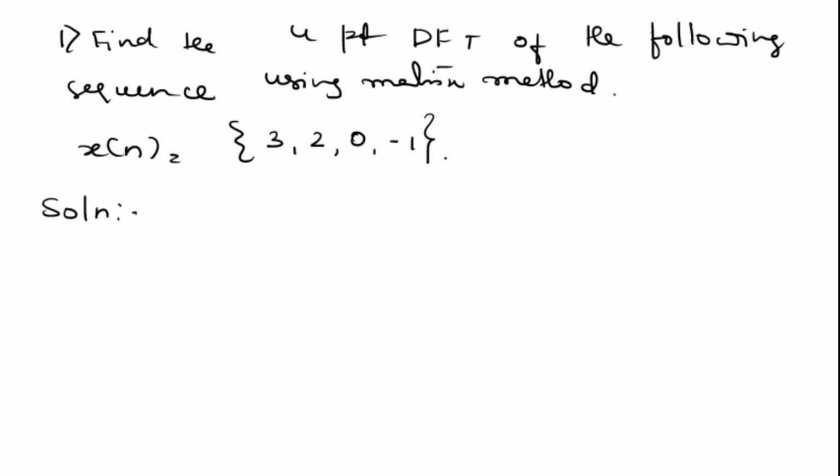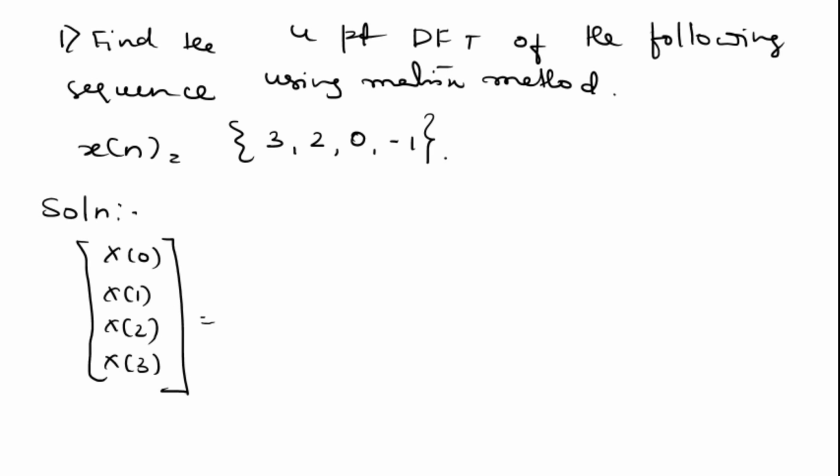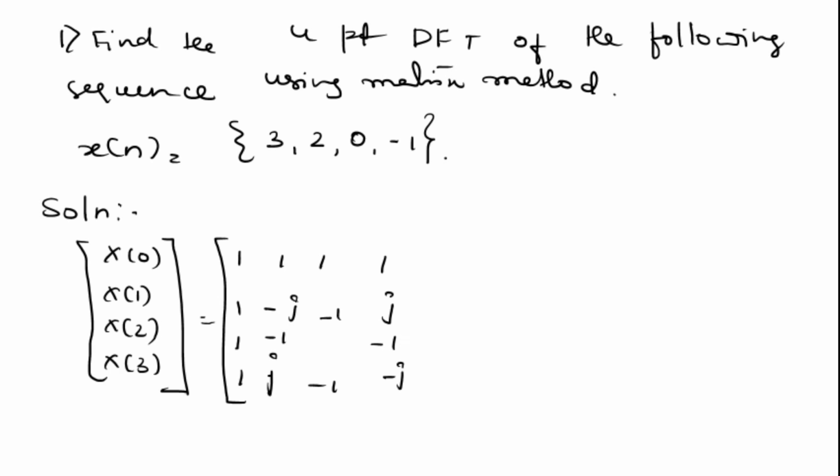On the left hand side we have to write the 4-point x of 0, x of 1, x of 2 and x of 3, and we have to write the standard coefficient matrix, 1 1 1 1, 1 minus j minus 1 plus j, 1 minus 1 1 minus 1, 1 plus j minus 1 minus j. That should be multiplied with the given matrix 3, 2, 0 and minus 1,